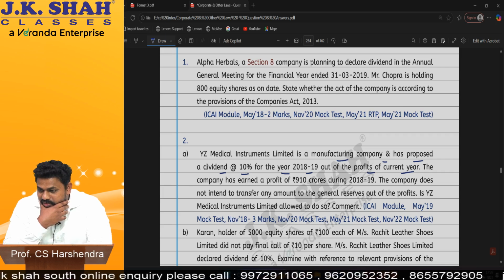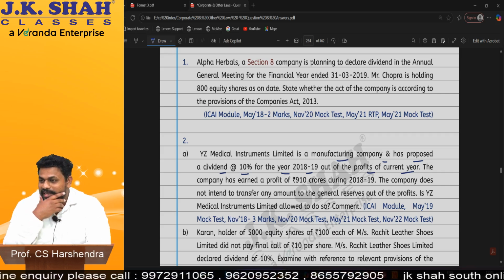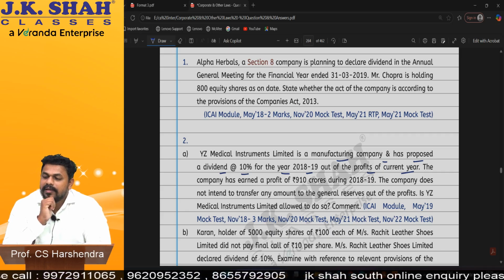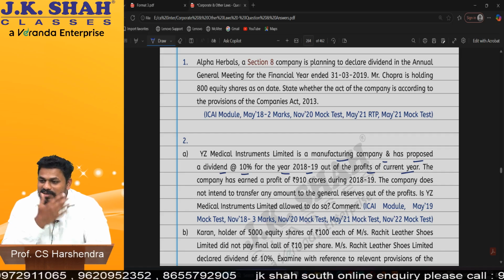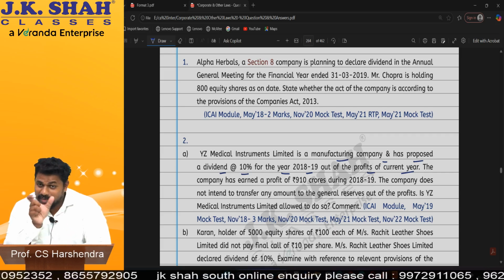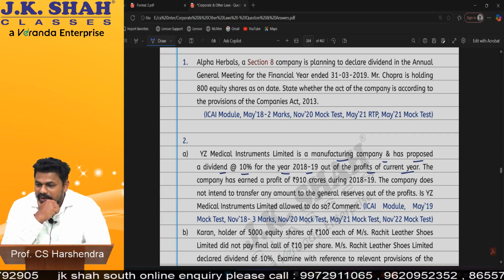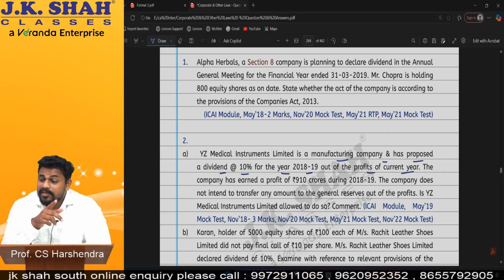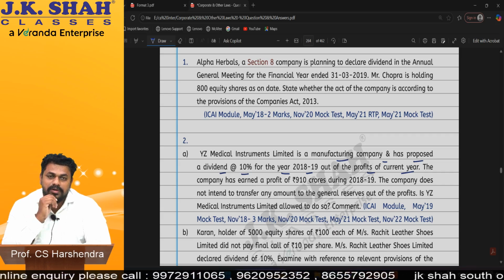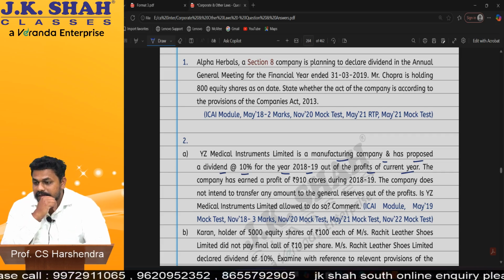Only for the first quarter should we check last year's P&L? No, only for the first quarter. They might see, we have written May 18, 2 marks, and many times they have asked. Good questions we have put. More than this, I have put in that brainy questions pattern Word document. Should the extract P&L be prepared for 2 months or according to the company's decision? No, it depends upon in which quarter you are paying dividend. For example, if you are giving in the month of February, then you have to prepare for three quarters. If you are giving in April, May, June, July, then beta, only the first quarter you have to prepare. Am I clear?